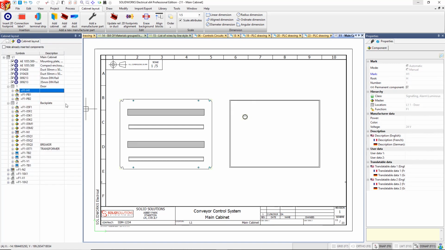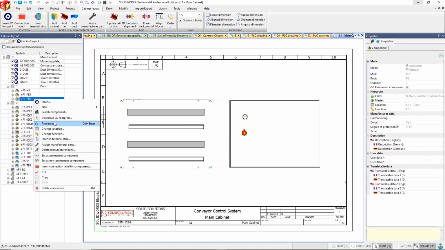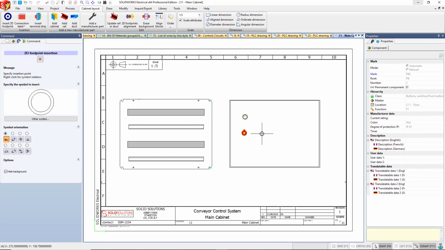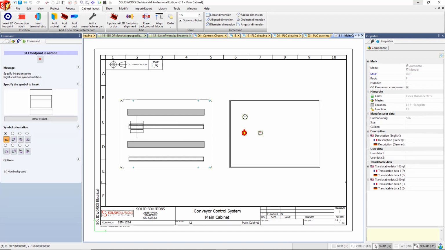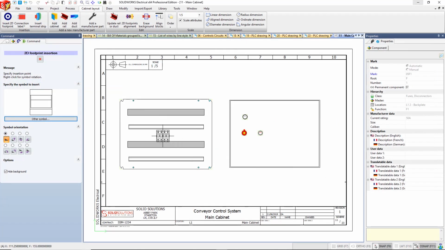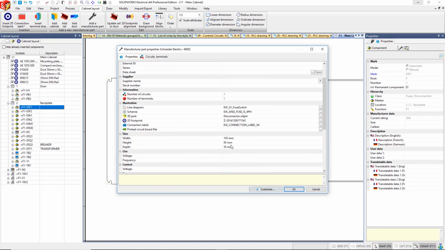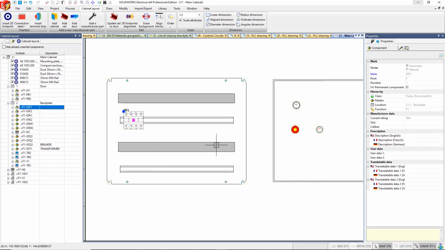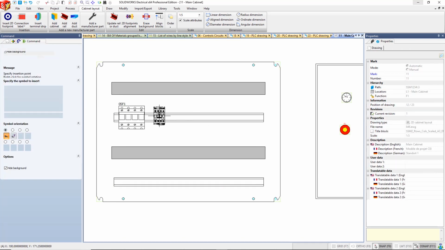And each component from the project has its own footprint. So we've got another standard library supplied of standard footprints, which we can manage. We can download footprints from manufacturers as well, if you so wished. But supplied as standard are generic blocks, which we can make use of, which are in 2D format. They will always be the right size, as long as the dimensions within the part are correct. So in the library, it will use these dimensions to scale the block that's inserted, so you can accurately size up a cabinet before you even need to physically prototype it.